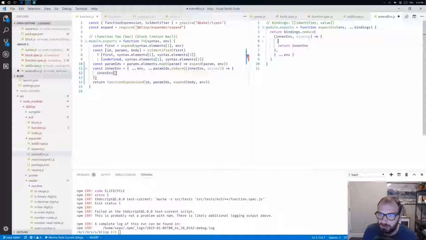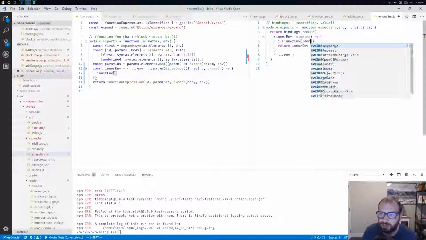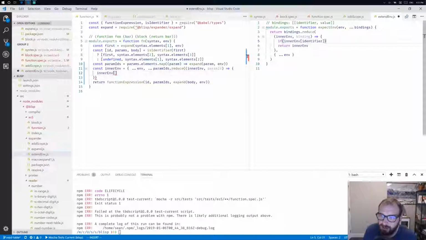So basically, all right, so if inner env, we will also need some scopes. All right. Anyway. All right, so if inner env will look up the identifier,